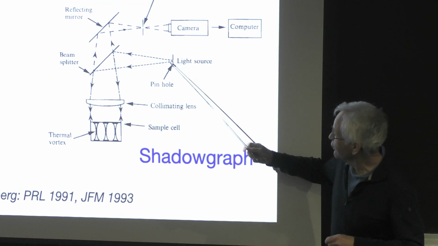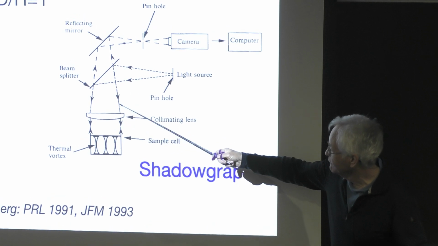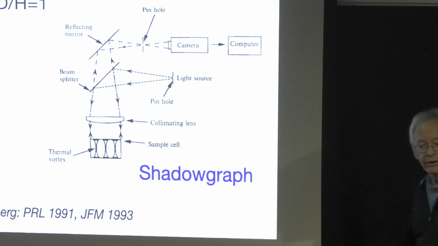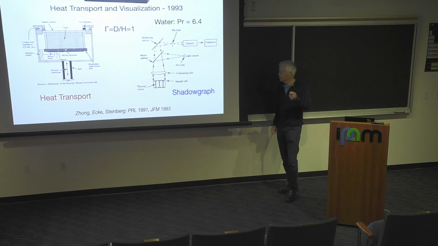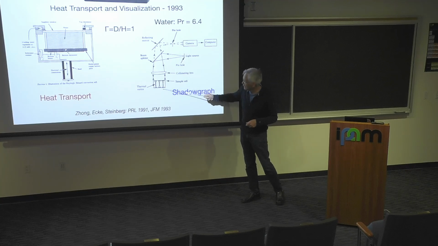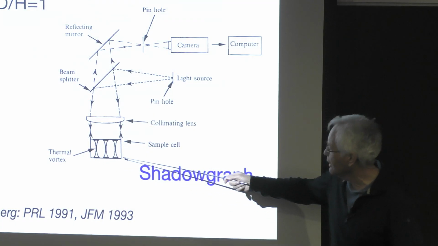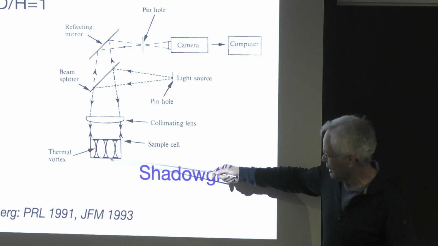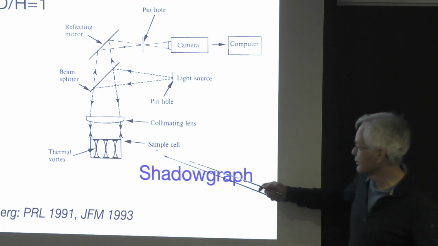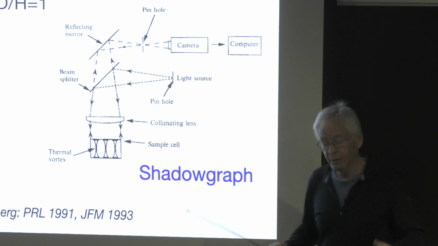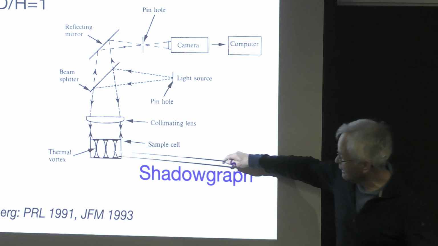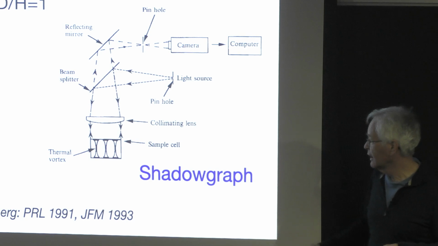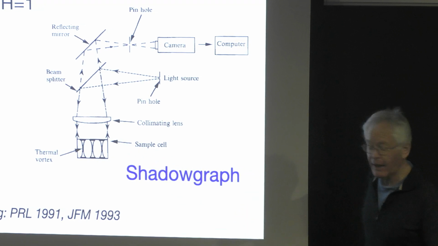You have a light source which then shines through a collimating lens so that you get parallel light. And as the index of refraction, which is proportional to the temperature, changes, you get a double pass through here. The bottom is a mirror. It comes back up, and you integrate the refractive index over the depth, and this allows you to visualize, at least coarsely, what's going on in the flow. Works really great in thin layers because things are more uniform vertically, but here you're mixing things. However,